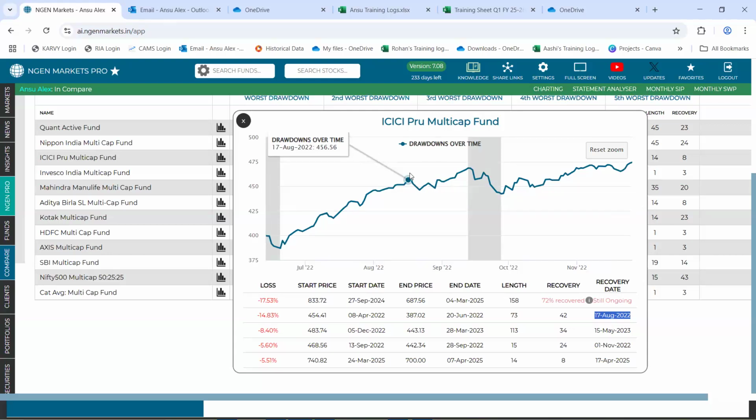So right here on this date, you could see that the NAV of this fund is 456.56, which is higher than the start NAV, which was 454.41. And hence, that is how we determine that this is the recovery date, because on this date, it was able to cross the start NAV and hence the loss was completely recovered.